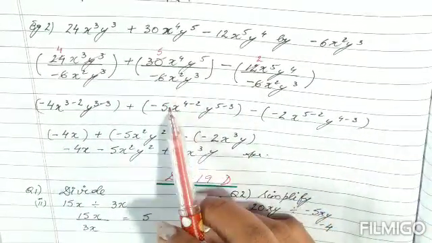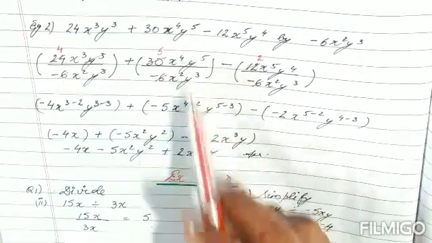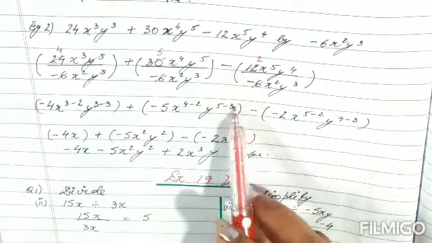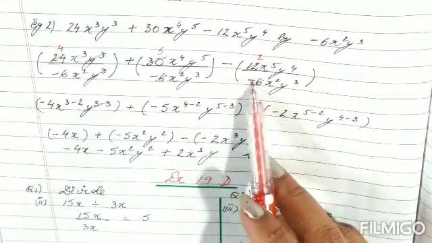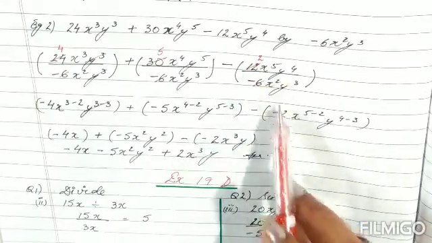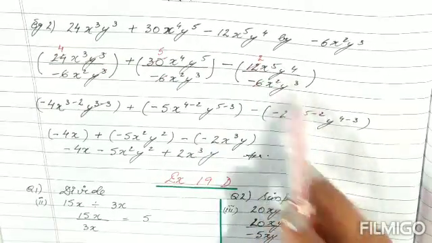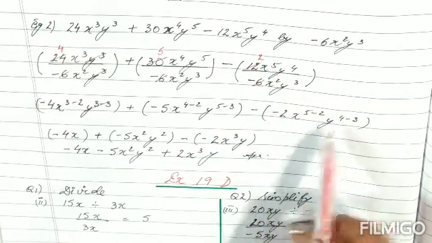Okay, now this is over here, x to the power 4 minus 2 and y to the power 3, 5 minus 3. Now this minus sign is there, children. Again this minus will come with a 2, so minus 2, x to the power 5 is bigger, so 2 will go in subtraction, and same way over here.